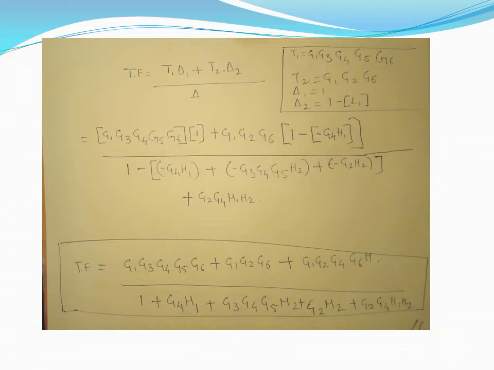So when you get this kind of a problem where you have to find out the total transfer function using Mason's gain formula, the first step is to find total number of forward paths, then number of loops, then you need to find 2 non-touching loops, then we need to find 3 non-touching loops if they are there, and so on. Then it is just a substitution.